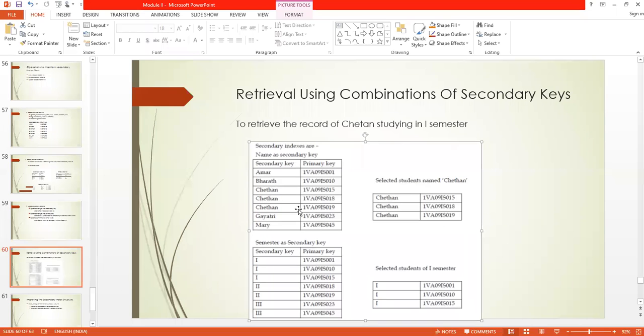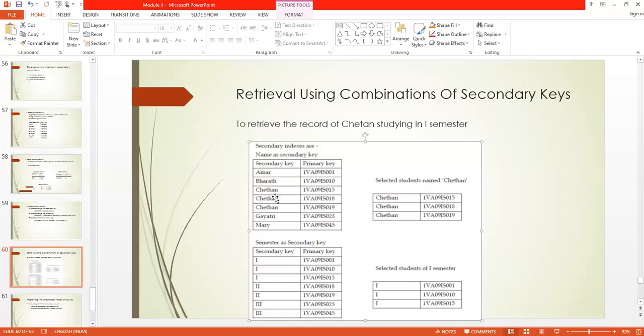So this is by combining two different secondary index files. First, from this particular secondary index file, all the matching records are retrieved. Now understand that only these files are in primary memory. The whole record file is not there.